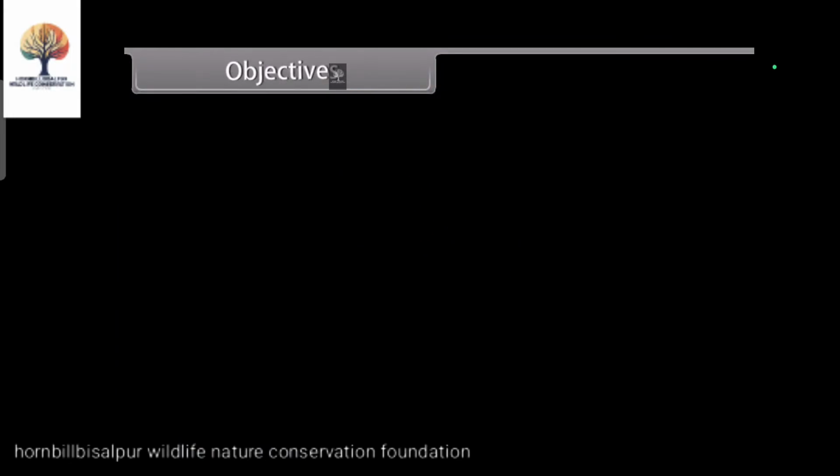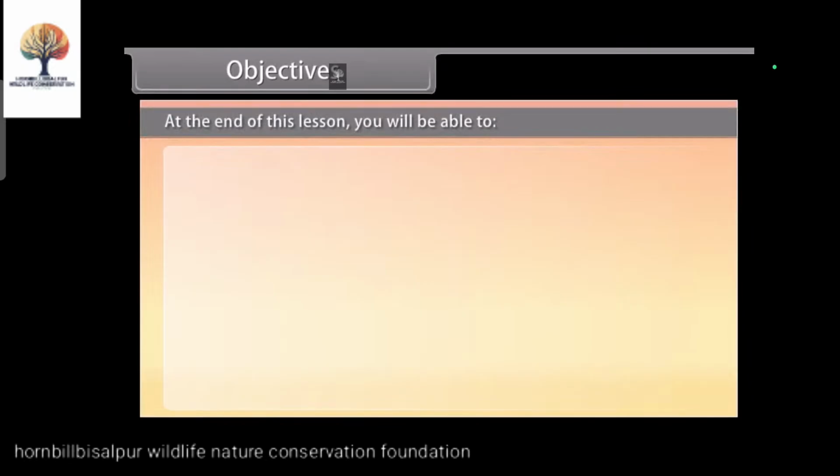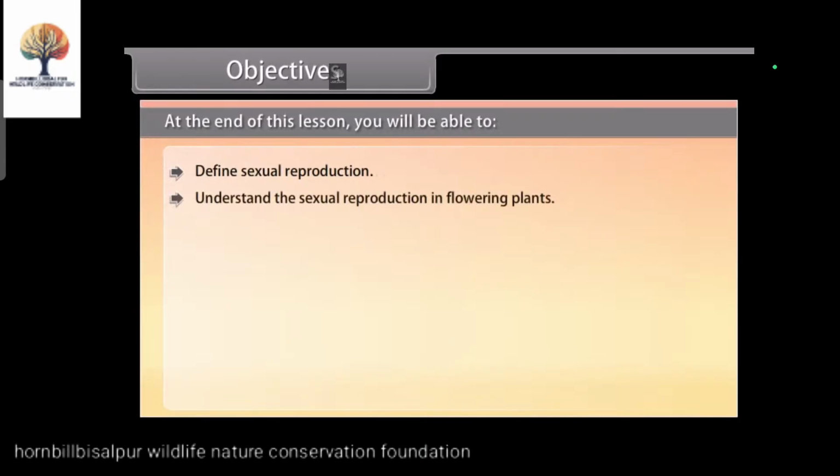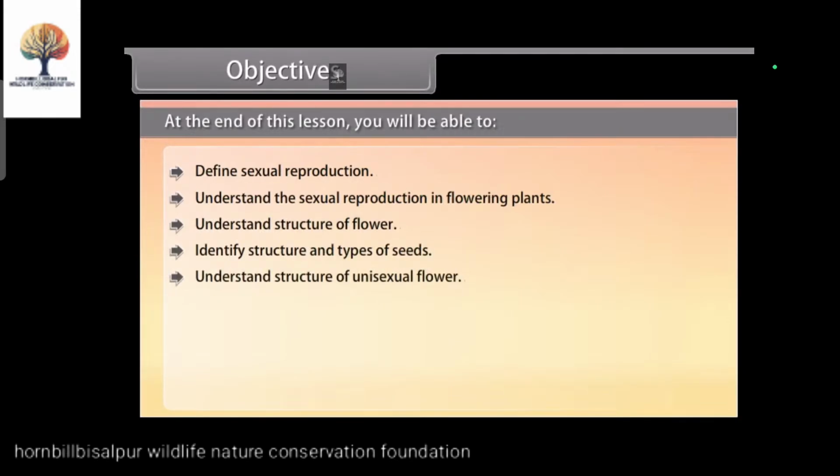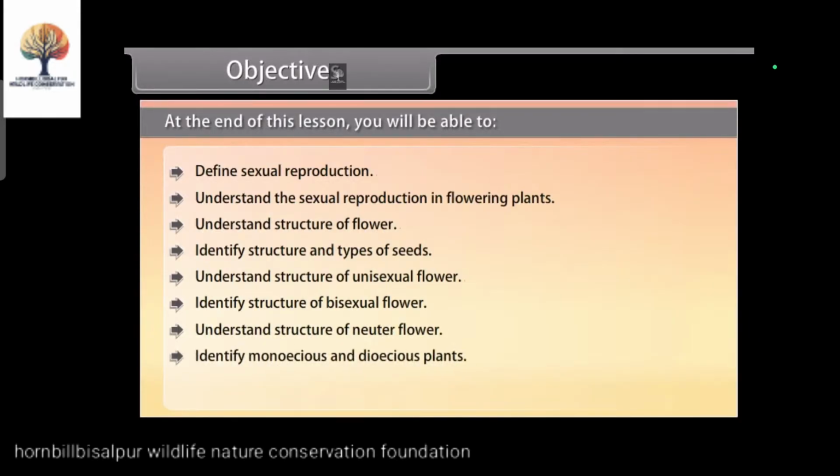Objectives. At the end of this lesson, you'll be able to define sexual reproduction, understand the sexual reproduction in flowering plants, understand structure of flower, identify structure and types of seeds, understand structure of unisexual flower, identify structure of bisexual flower, understand structure of neuter flower, identify monoecious and dioecious plants, understand functions of flower,